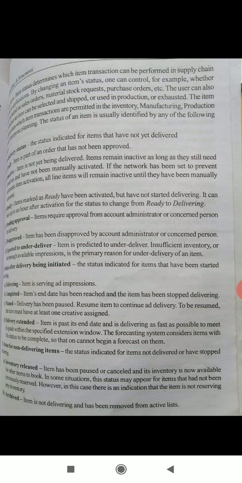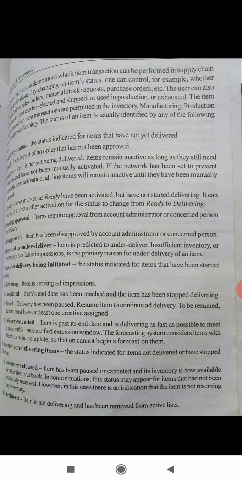By changing an item's status, one can control, for example, whether the items are included on sales orders, material stock requests, purchase orders, etc. The user can also control whether an item can be selected and shipped or used in production or exhausted. The item status determines which item transactions are permitted in the inventory, manufacturing, production plans and enterprise planning.